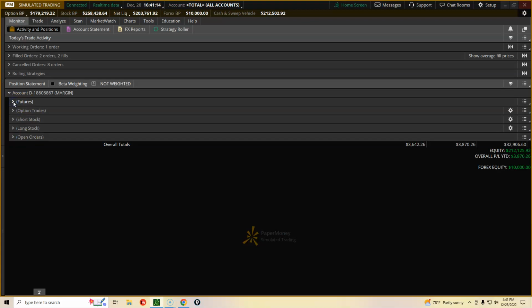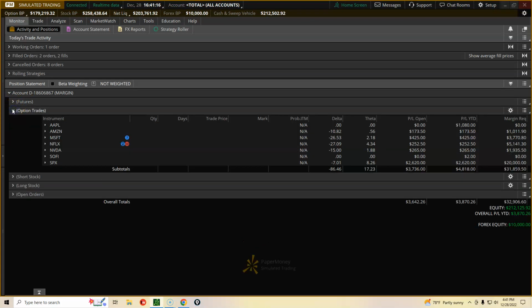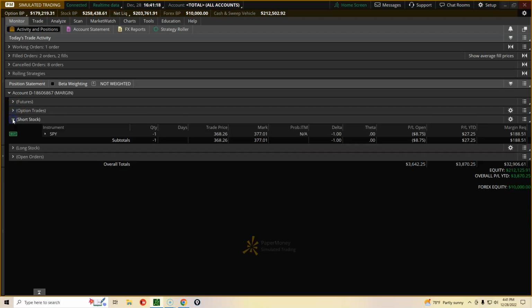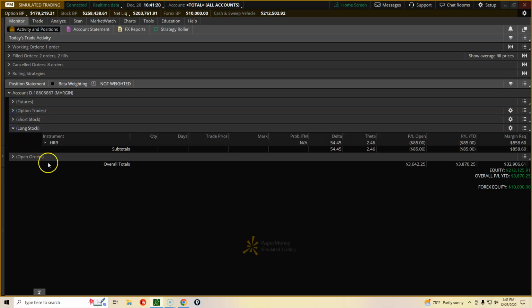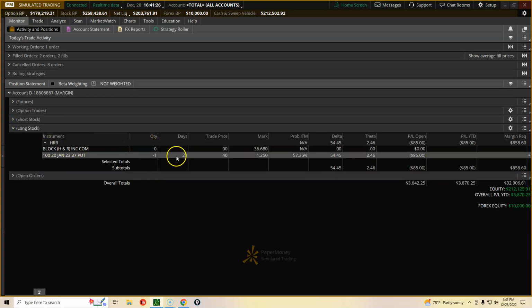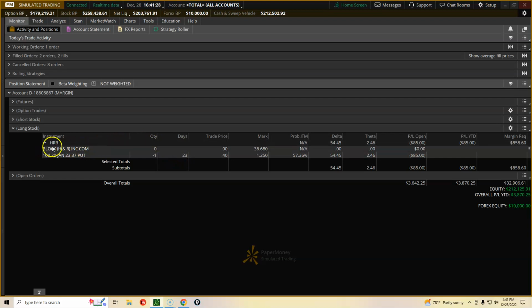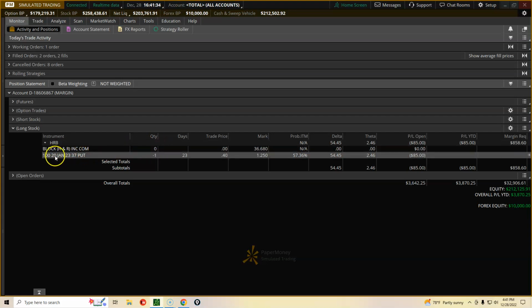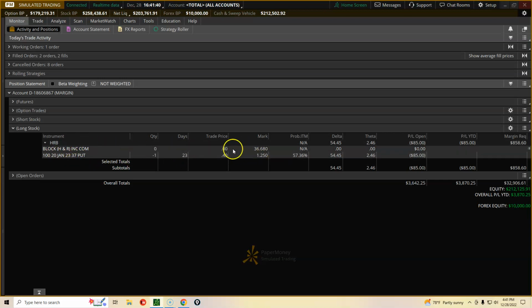Look at that. No open futures trades. Option trades, I have some of those. Short stock, have some of that. Long stock, I can pop this open now. So technically, I actually do not have a long stock position. Here is H&R Block, quantity 0. But I have a short put at the 37 strike price, which right now is